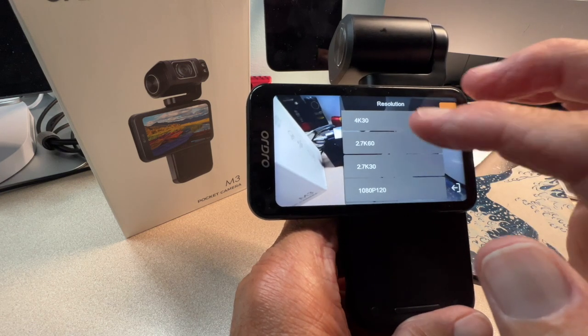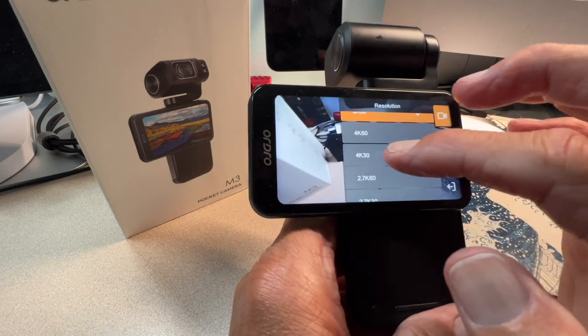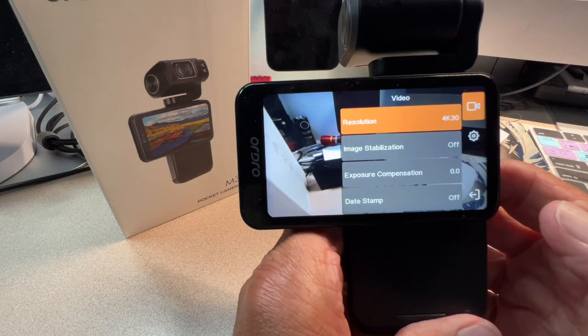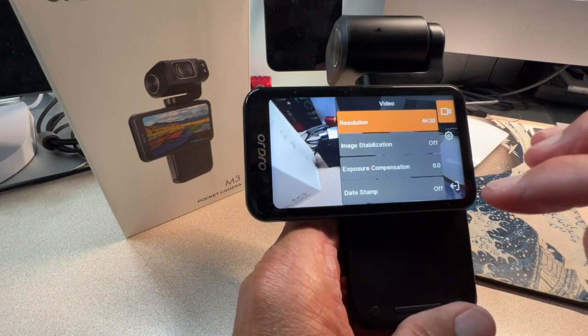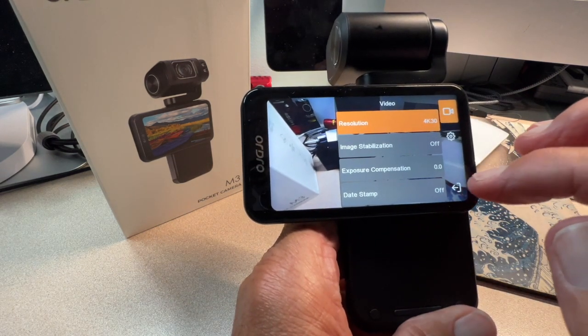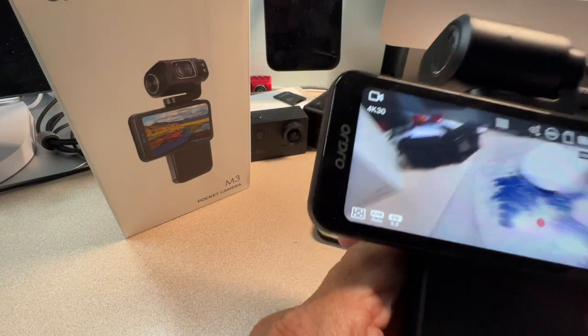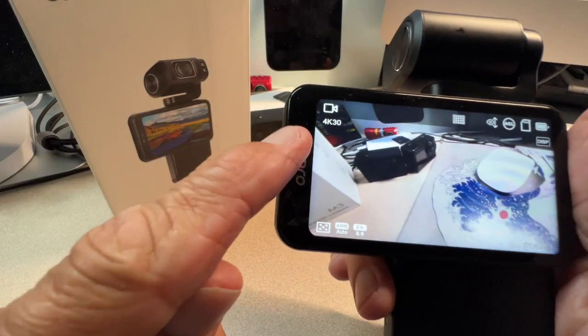But what I do is I kind of keep it on 4K 30 because that's really all I need for shooting YouTube videos. And that's basically how you do it. And then just pop it here and you're right back over there and you can see in the corner 4K